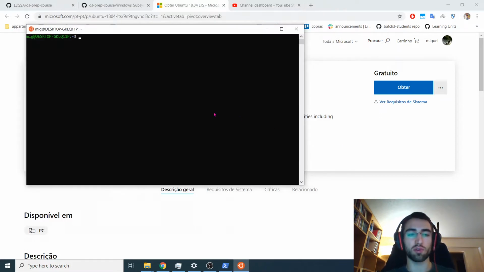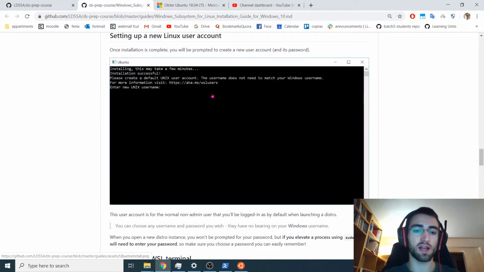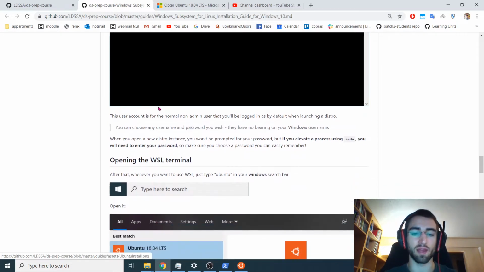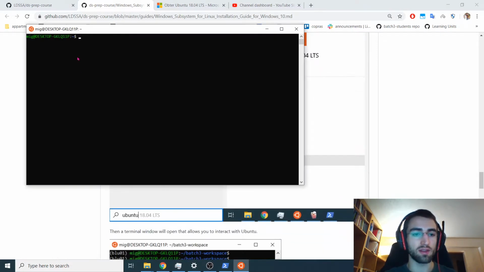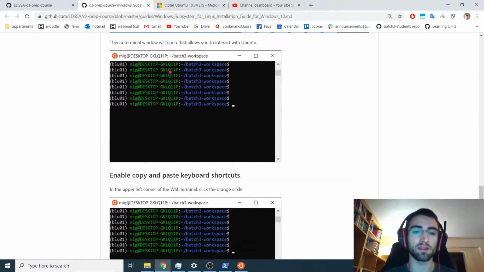You'll go through the process of installation, which includes choosing a username and password. But you've got some pictures here that show you the installation menu. So now this is open here,